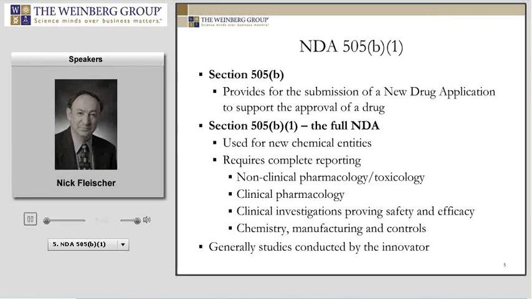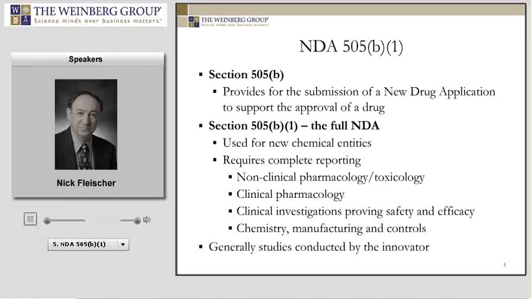studies for them. But the big difference here is that for a 505(b)(1) NDA, there is no reliance or very minimal reliance on other work, as opposed to 505(b)(2), where you would have no right of reference to work. So in a 505(b)(1) NDA, the information is actually owned by the applicant, as the applicant is the one that is generating that data, and they have all the rights to that data.